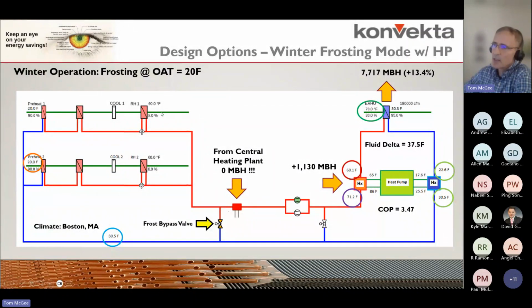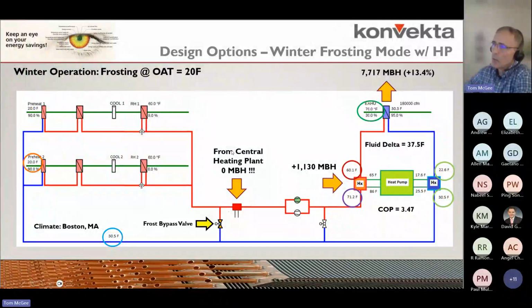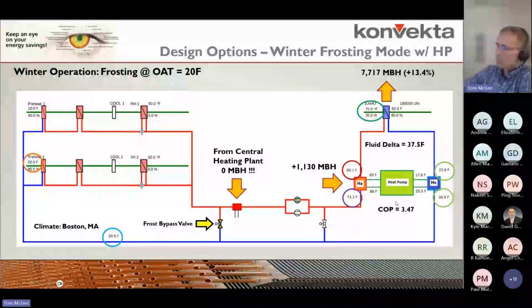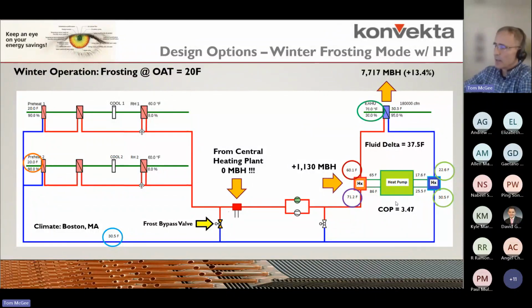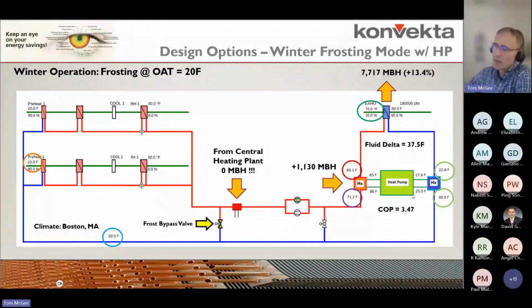This was the discharge air set point in this application in a heating mode: 60 degrees. So at 20 degrees in Boston, we can go all the way down to 20 degrees with zero input from a gas-fired boiler plant with this combined heat pump concept. And then we've got some different iterations of this concept as well, to where we could go down to zero,